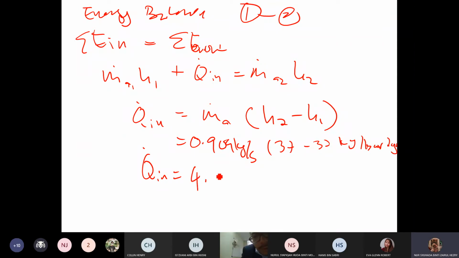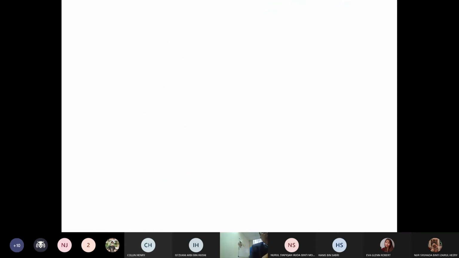4.545 kilowatt, yes. So that will be the heater capacity to heat up 0.909 kilogram per second of the air into the system, to increase from 15 degree Celsius to 20 degree Celsius. And then we have to look for the process 2 to 3 where this is the